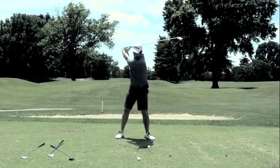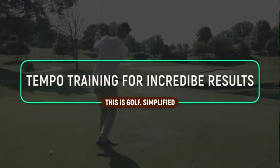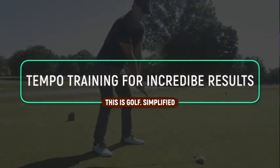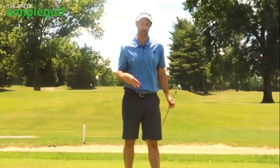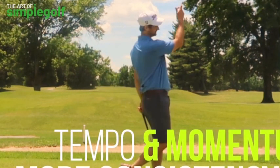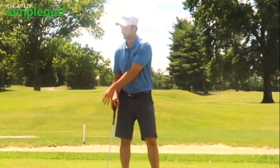I'm not trying to force it here. I'm allowing fluid sensations. When you practice this, it makes you forget about positions and think more about momentum. What you actually need to do to produce better golf shots isn't about hitting specific spots or points